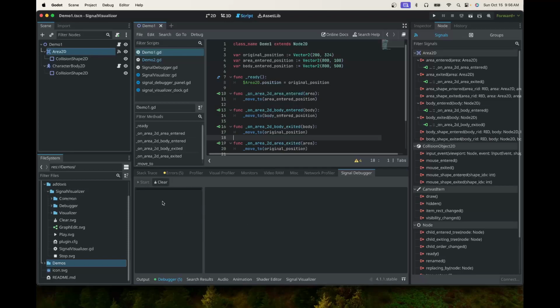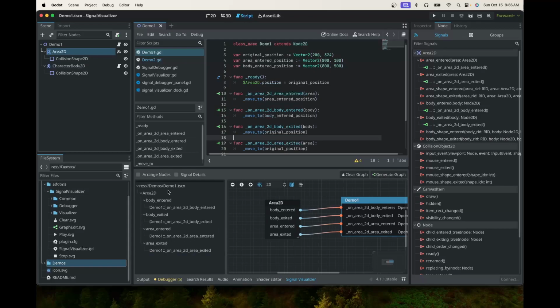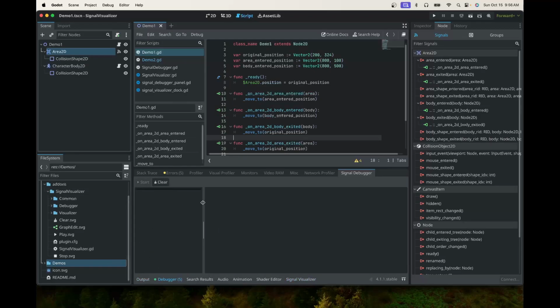And I've got two panes here. First one is the signal tree, similar to SignalVisualizer. It just will display a tree of all the signals in the running scene here. And then on the right is the console output. So if I run this scene,